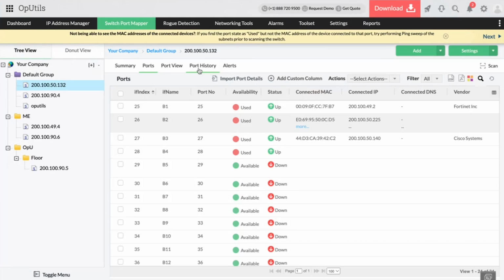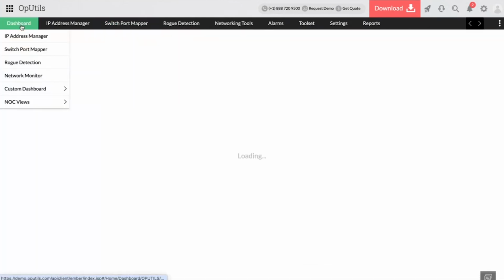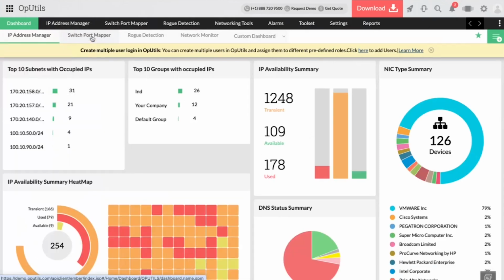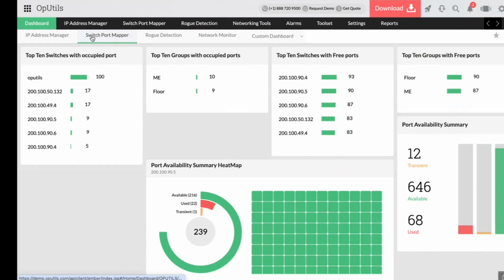We have the port history tab, which gives you the history of how the ports are detected and the device change information. We also have the alerts to keep you updated with the alerts generated inside the OpUtils console whenever alerts are raised because of a particular switch. We also have a dedicated dashboard for the switch port mapper module where you can view details particular to switch ports in the network. Moving back to the presentation,